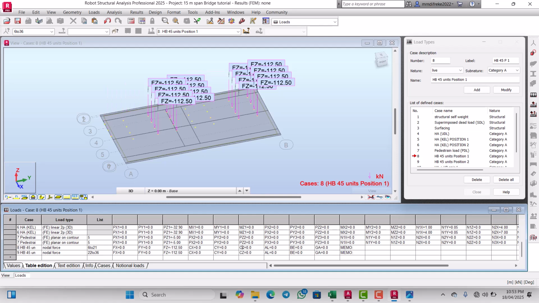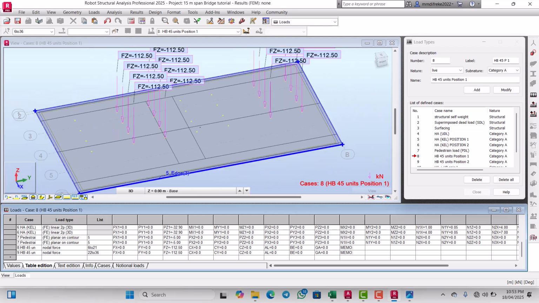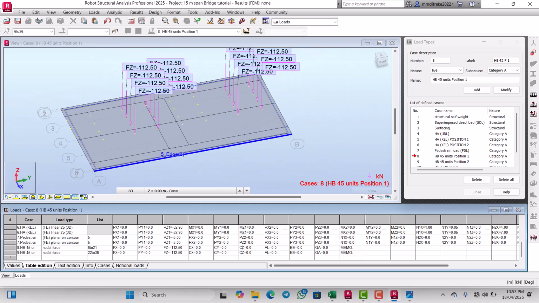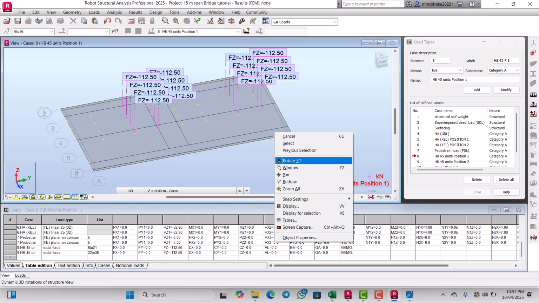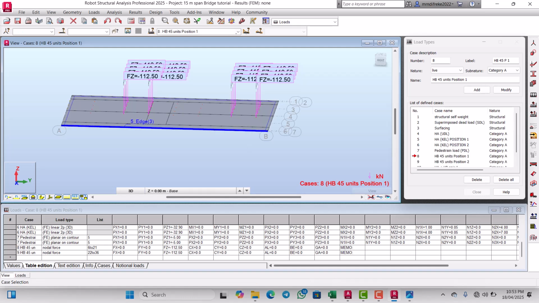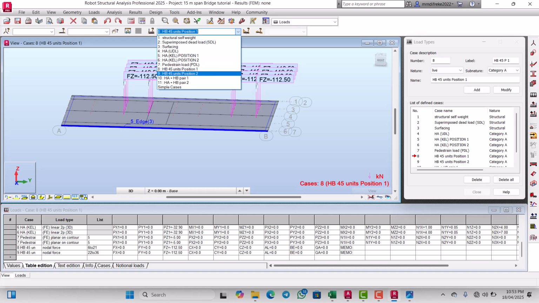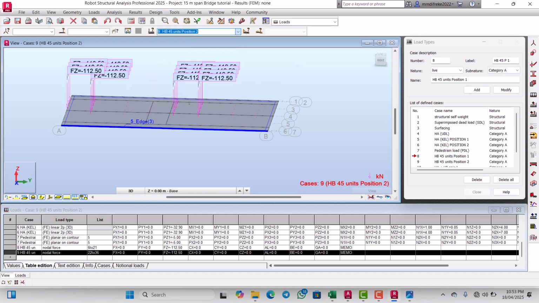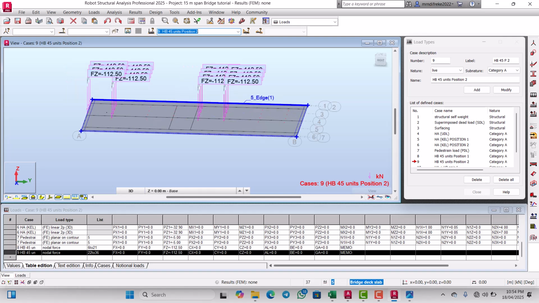Okay, so I think we are good to go. This is what we had in the first one for position 1. Then for position 2, exactly. So this one is used to investigate the maximum shear force, while position 1 is used to